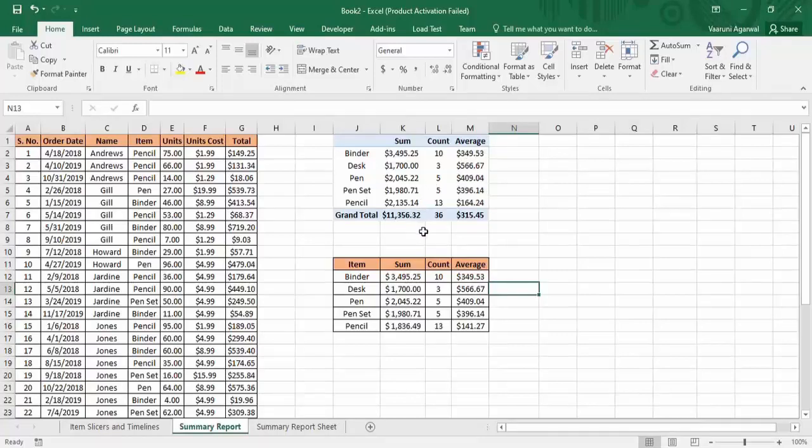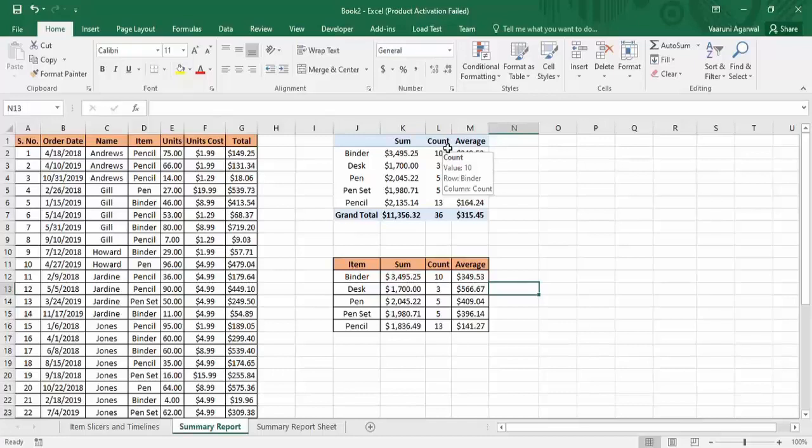Let us understand it in a better way with the help of an example. Here in front of your screens you can see these two reports. These are the summary report tables. In this first column, these are the items, which are taken from this table. This table is the data source, and the items here have been taken as the reference. Then there is the sum of sales, which tells us how much sales were done for that particular item. For example, for binder, a total sales of this much amount was done.